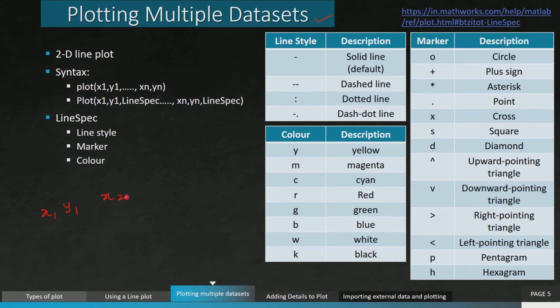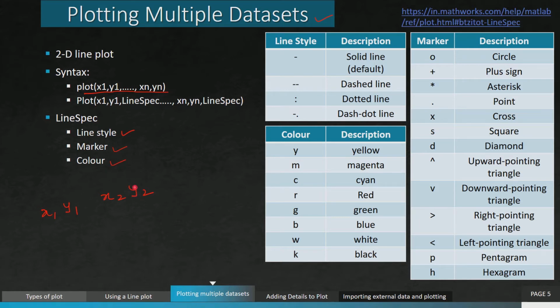The second pair is x2, y2. If you want to create the plots of x1, y1, x2, y2 on the same graph, this syntax can be used. Line spec is similar to the normal 2D line plot. By using this line spec attribute, I can change the line style, the marker and the color.